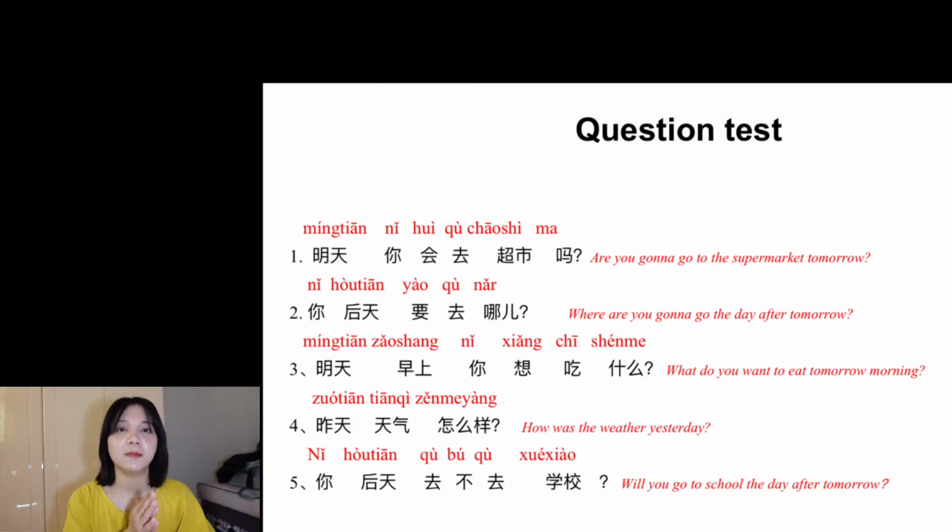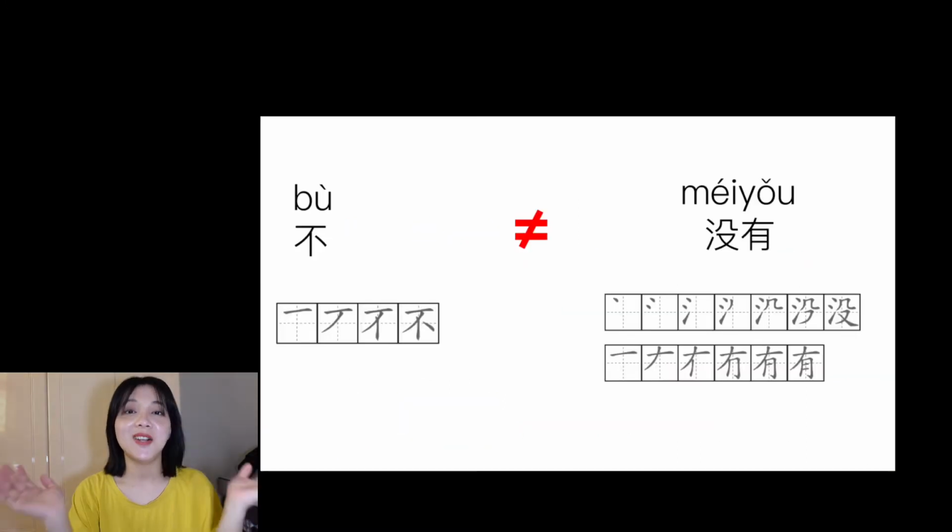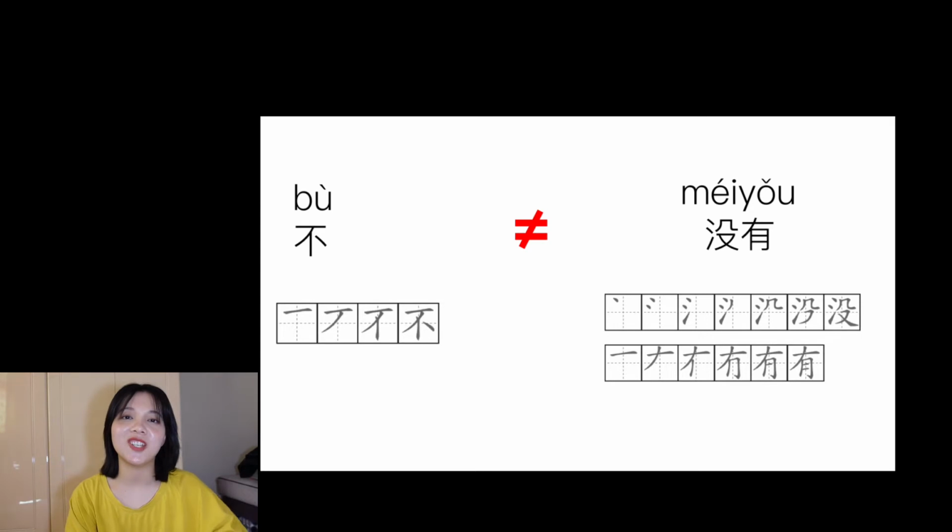So 你后天去不去学校, are you gonna go to school the day after tomorrow? Like for me, 后天我不去学校。If you are gonna go to school, you can say 后天我去学校。